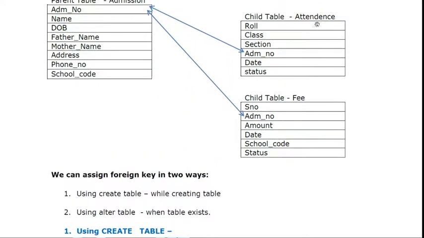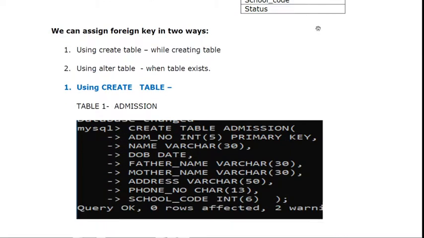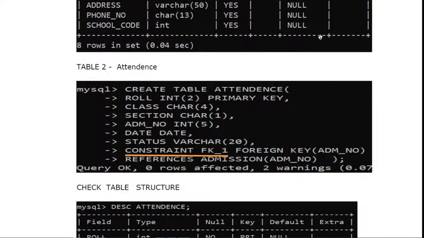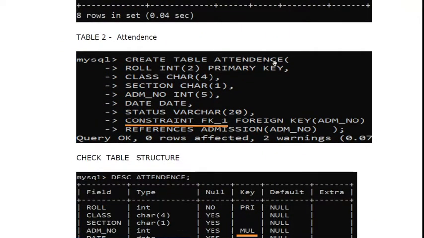Now we'll create the next table, that is the attendance table, and you are familiar with the columns stored in the attendance. Okay, so we are going to create this table along with the admission number as foreign key, and roll number as primary key. Okay, the command is create table attendance, that is the table name, roll number int 2 primary key, class char 4, section char 1, admission number int 5, comma, date, data type is date, status varchar 20, comma,